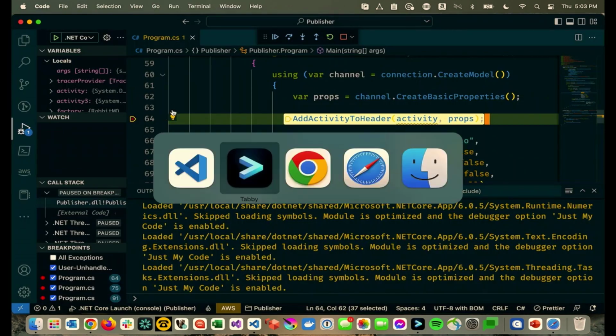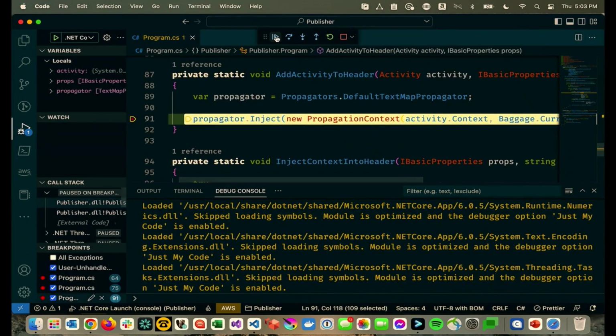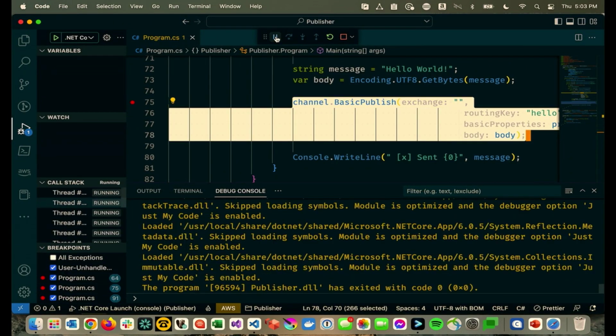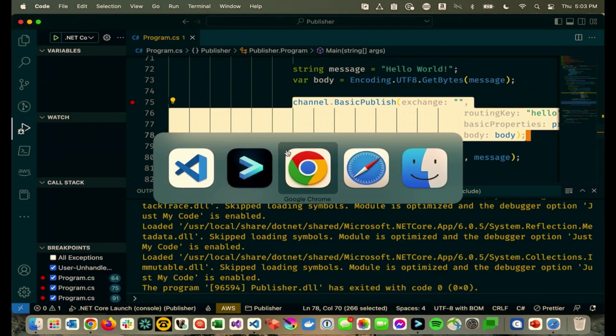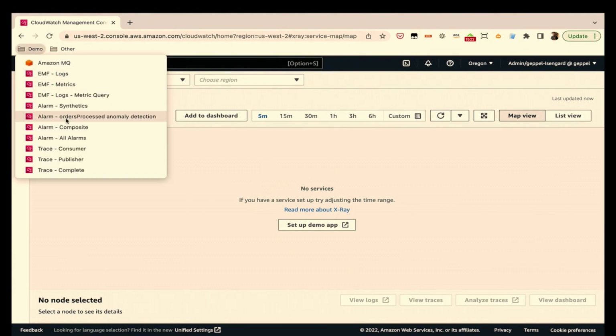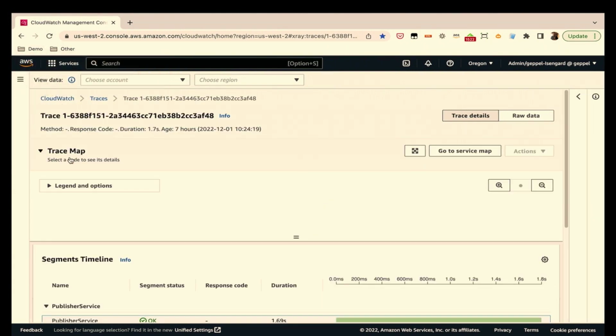All right, so we'll go through here. I'm just executing, I'm putting the thing onto the queue. All right, something's gone wrong here, but I have a backup, so I can show you basically what this will look like. So we have a trace. If that code was working, what you would basically see is a trace here